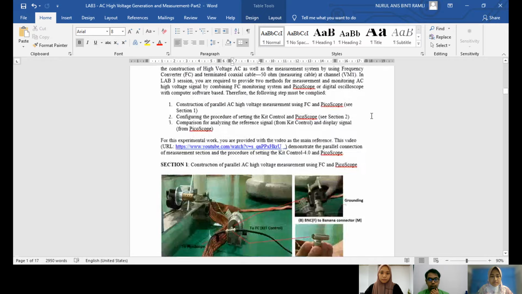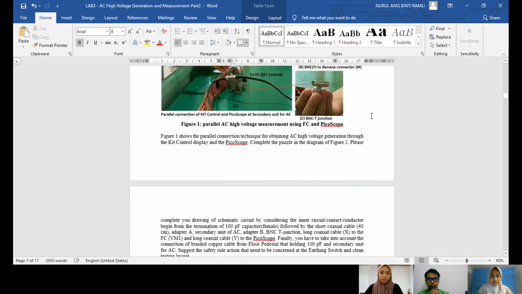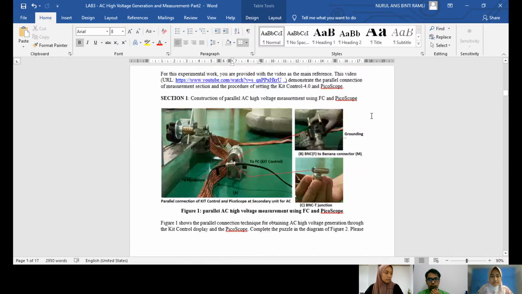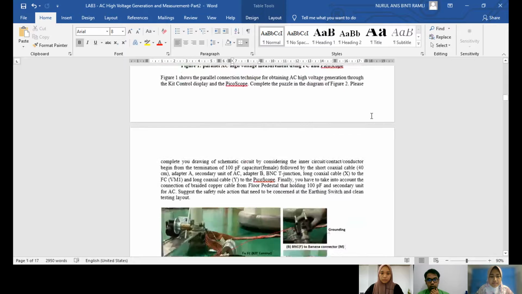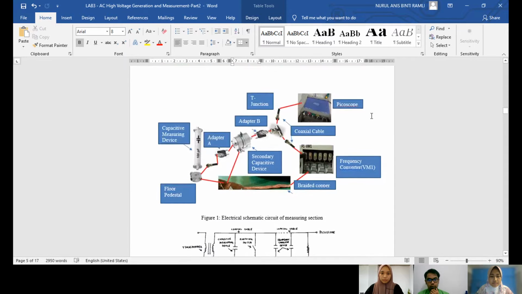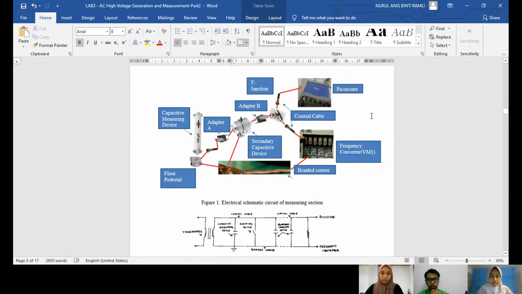For the first section, I will present. As we see in figure 1 and figure 2, it shows the electrical schematic